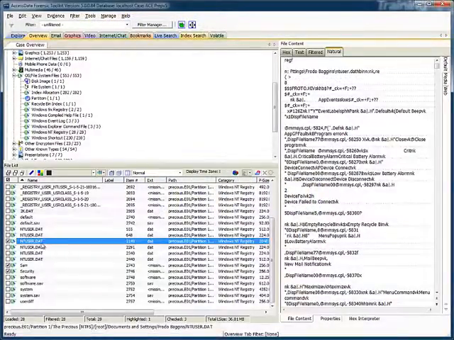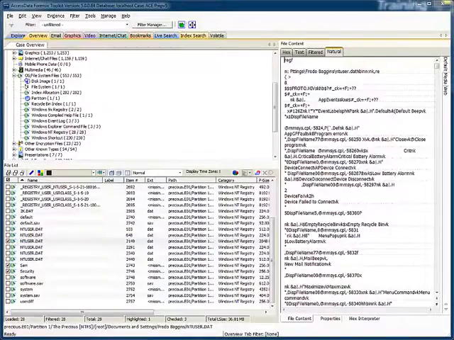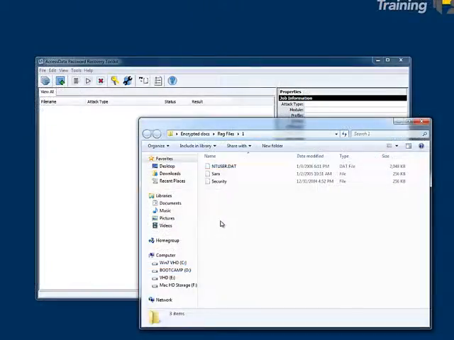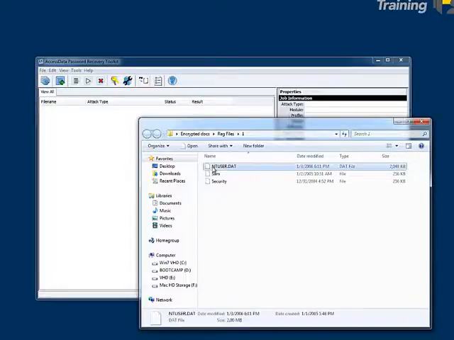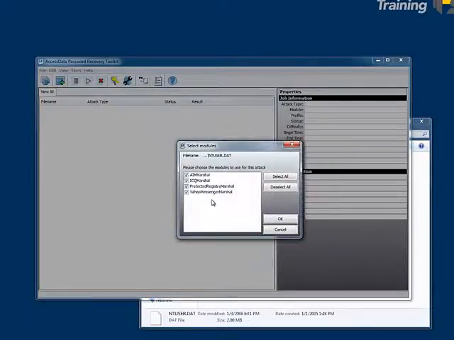In FTK, I've checked the ntuser.dat file belonging to Frodo, also the SAM and security registry files. And I will export those out of my case, and I'll send those out to a folder on my desktop. My files are now exported, and now I will drag those into PRTK. I'll start with the ntuser.dat file, and you'll note that it is recognized by PRTK, and going a little further you can see there's some specific areas in the registry that are recognized there. So I will cancel that,